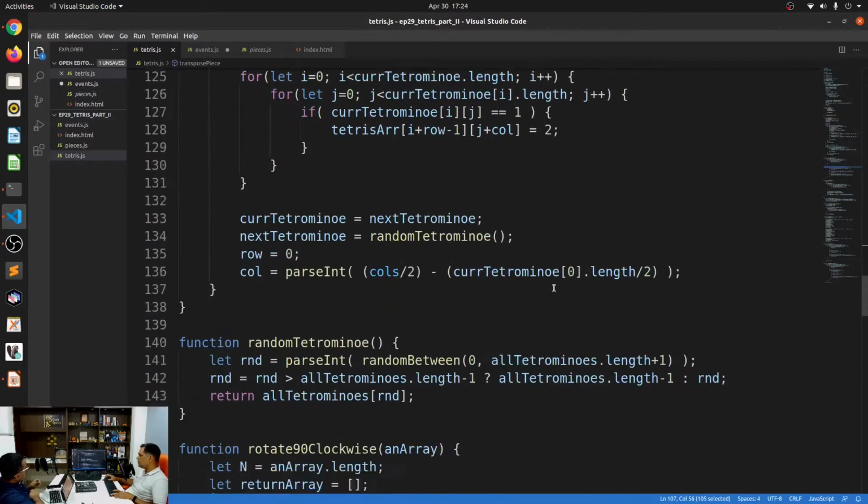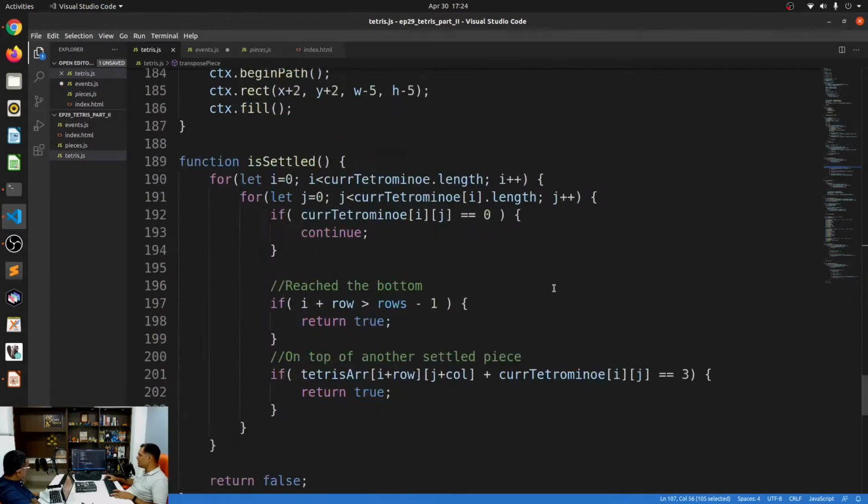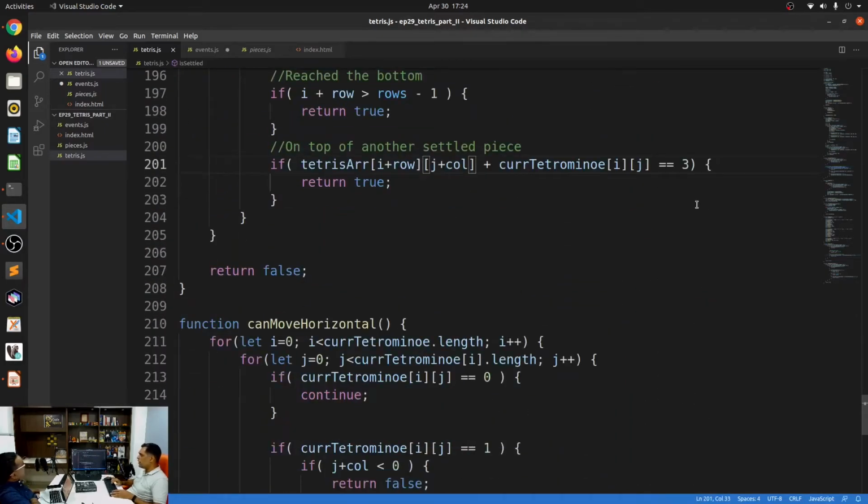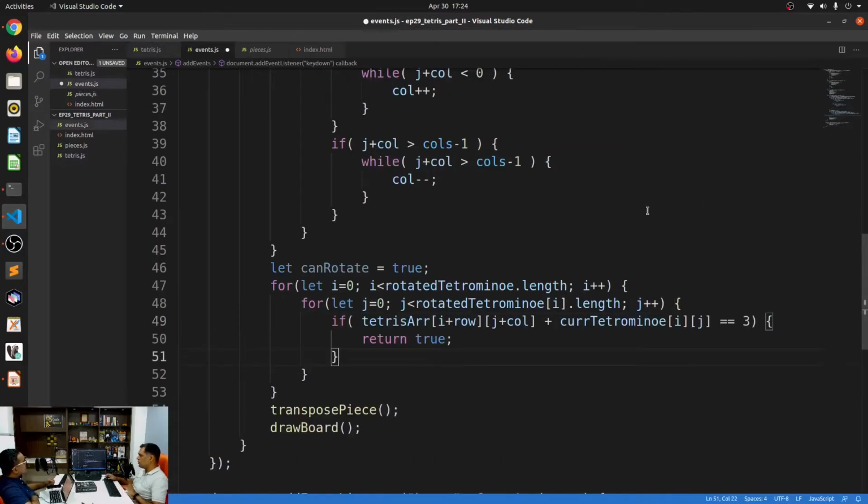What was the condition that we did for collision? Basically that equal to 3 that we are doing, right? Basically the same thing I'm going to do here. Got it. So if this Tetris array at i dot row plus j dot call plus rotated tetromino is equal to 3, if it ever becomes 3, then you cannot rotate.